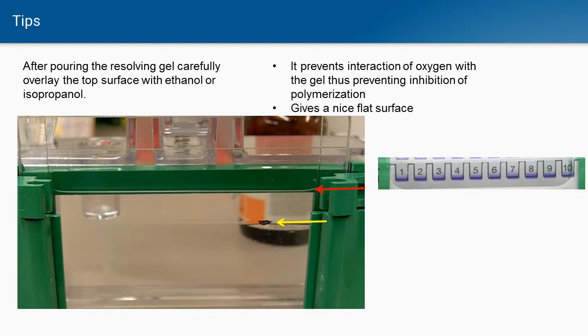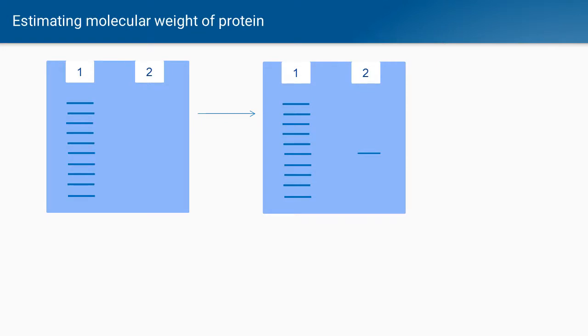This blue color is due to bromophenol blue. If you can recall, bromophenol blue helps in the visualization of your loading samples. So after running of the gel, you will not be able to see any polypeptide bands in your loaded well. Here the well is 2. For the protein ladder, if you have used it, you will be able to see some bands because the ladder is always mixed with some visualization dyes. So if you have used a ladder, you will be able to see the bands in the ladder lane, but not in your sample lane.